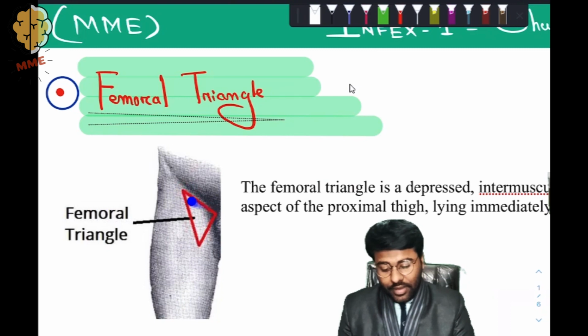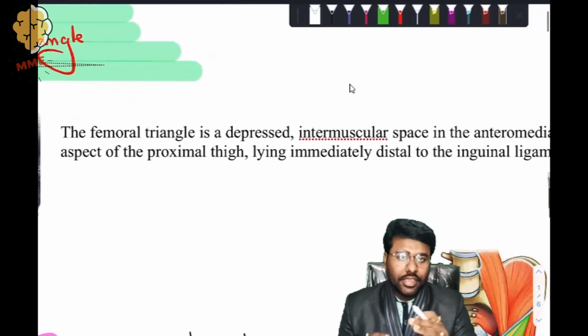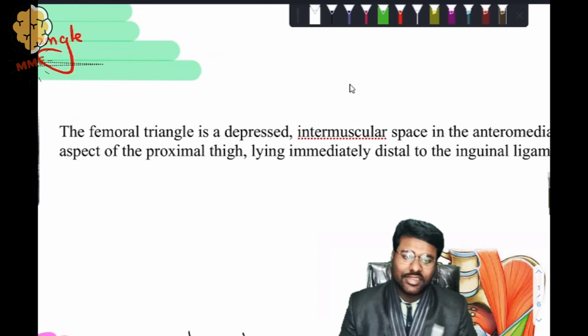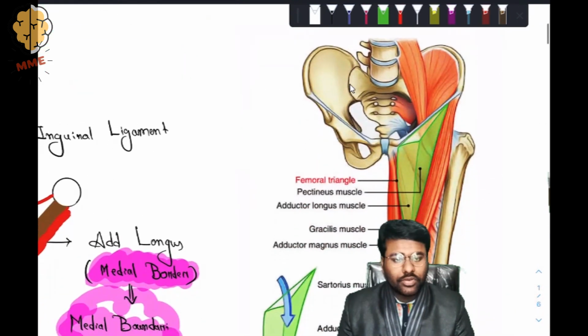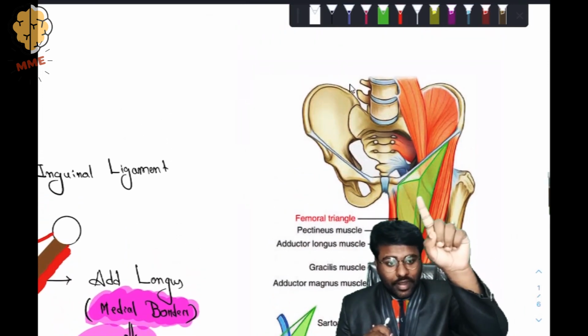and it is a triangle. Okay, it is a triangle and it is a depressed area, and the line is immediately distal to the inguinal ligament. Okay, so that's it. This is the femoral triangle. So let's look at that. So this is the femoral triangle, and this